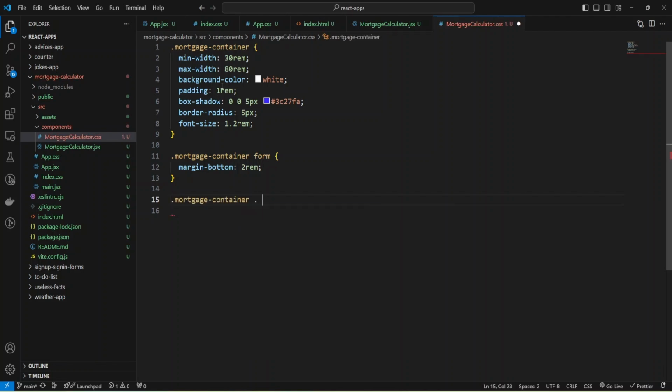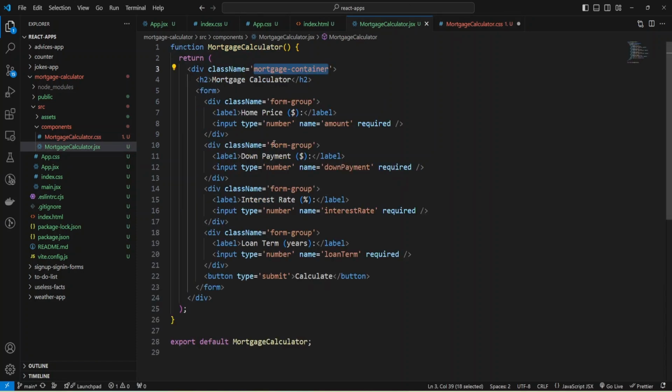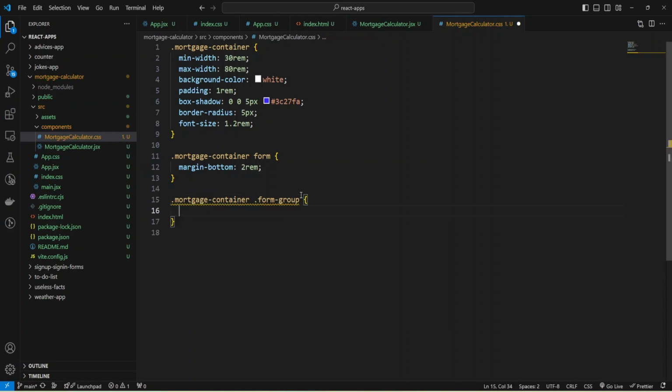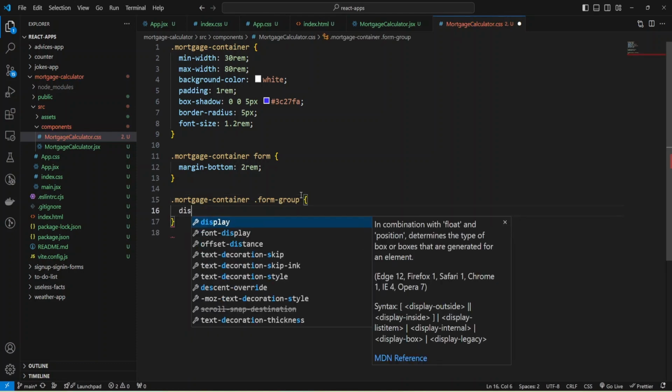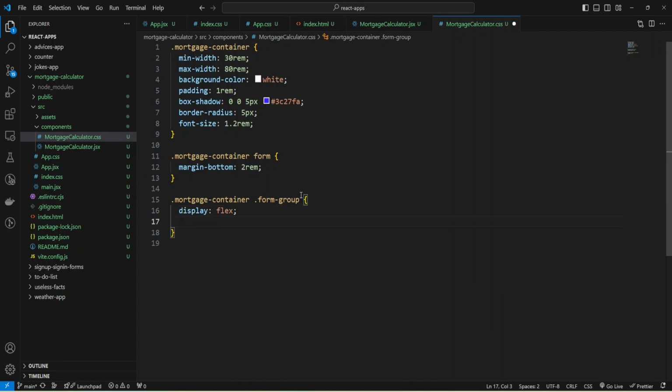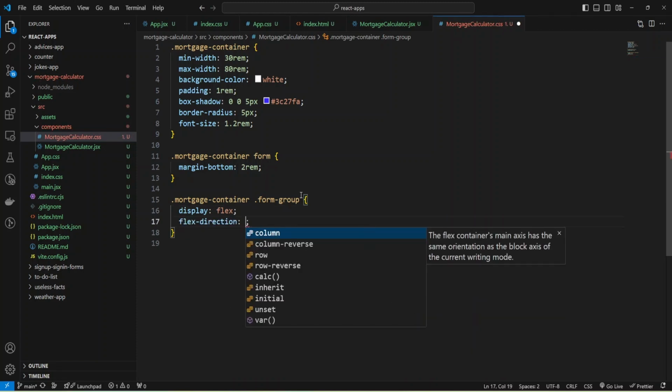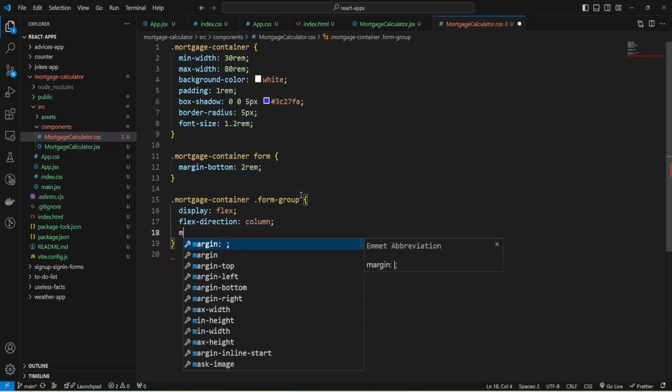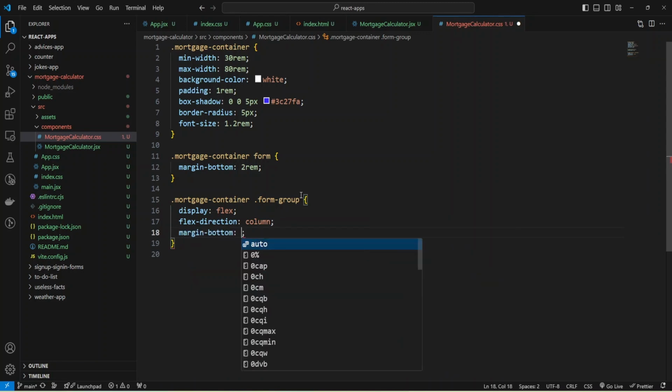So the mortgage container, and let's check our class name form group, and provide styles, make display flex, and also flex direction column, and we can add margin bottom 1 rem, and also add text align left.